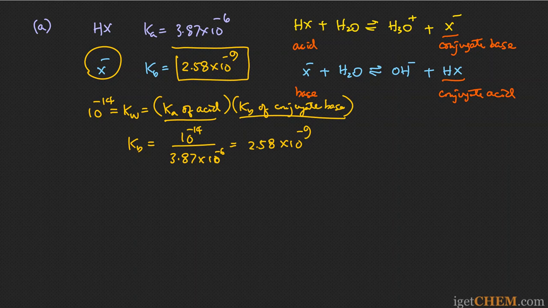And now for part B, what we want to do is to use the Kb value to calculate the pH value of a solution containing a certain concentration of this base X minus. So it tells you in the problem that you have an NaX solution that is 0.0475 molar. So we know that most sodium salts are soluble, so we are going to assume that when NaX dissolves in water,